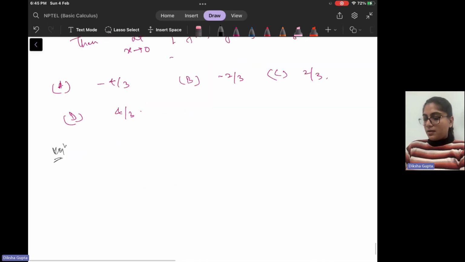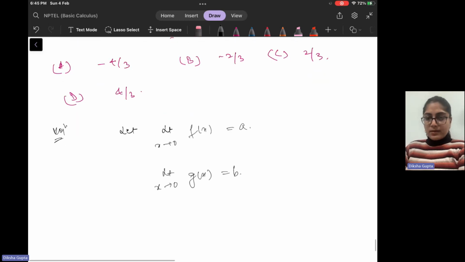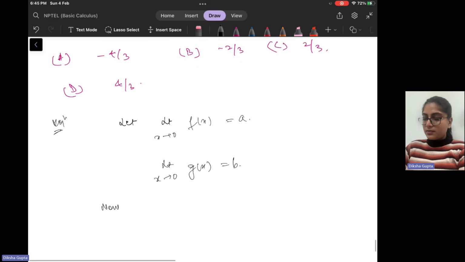So what do we assume? Let limit of x tending to 0 f(x) is a, limit of x tending to 0 g(x) is b. Okay, now from the given relations